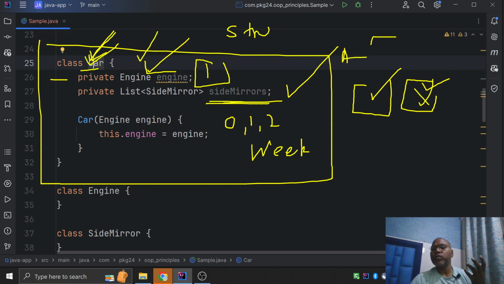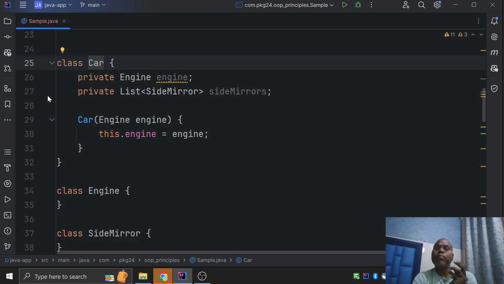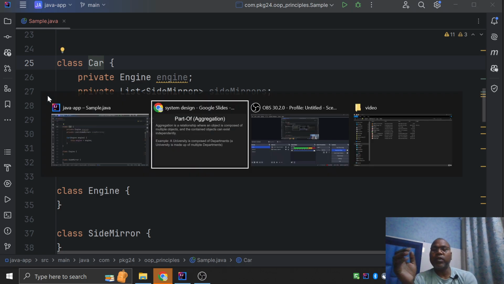So aggregation means we have a set or list of objects contained by the container. So this is a container and this is the actual contained object. The contained object may be one, that means composition, which is really required, and a list, you can say, is aggregation. Aggregation means a couple of values, a list of values. Okay, so I hope this example makes this relationship clear, your